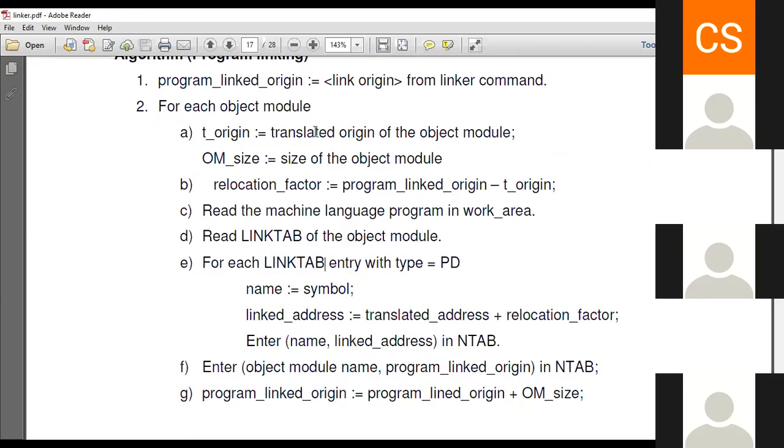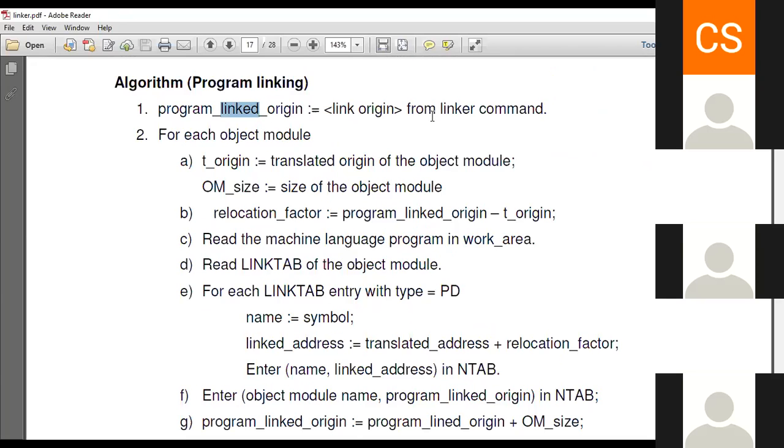Okay, so for that purpose, what we are doing here in the program linking, first we take the link origin by using the linker command. Whatever the link origin mentioned by the linker command, we take that link origin in our variable program link origin. Then for each object module, first take the translation origin and object module size.